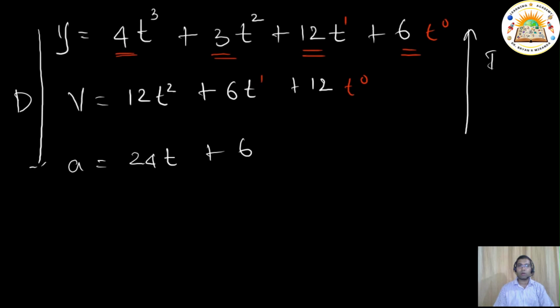For that we need to prepare a table where we have the time that is varying, so 0, 1, 2, 3 up to a given number. We will have the values of y, velocity and acceleration. So we can plot a graph of distance versus time, velocity versus time, acceleration versus time, and see how this graph